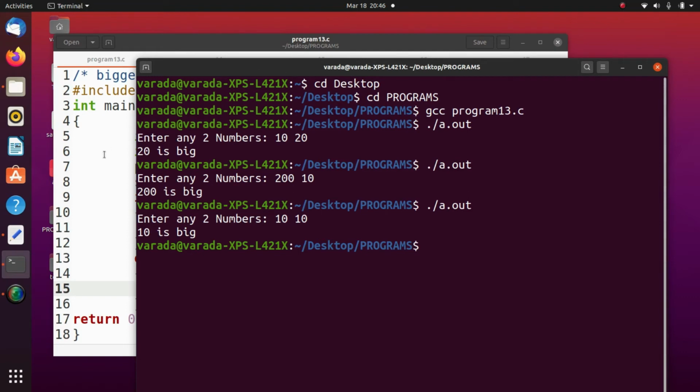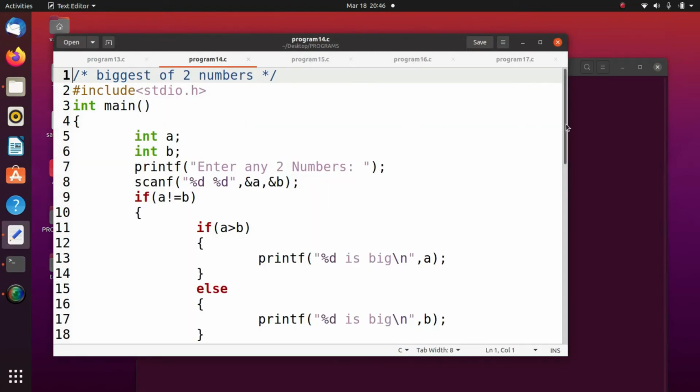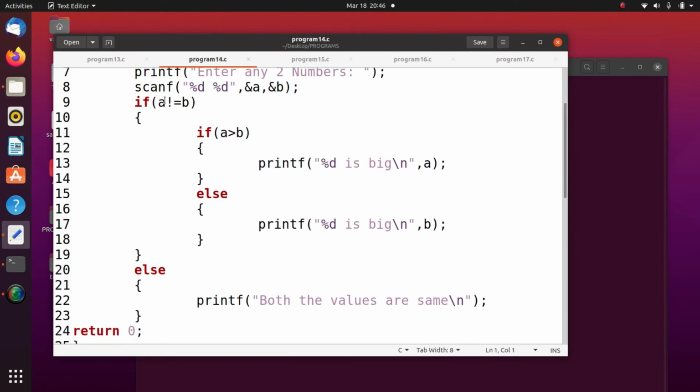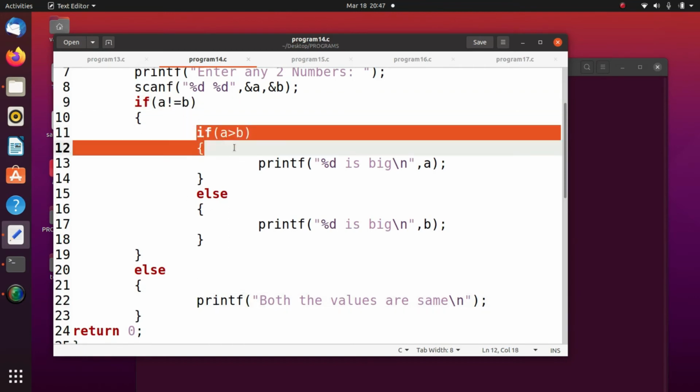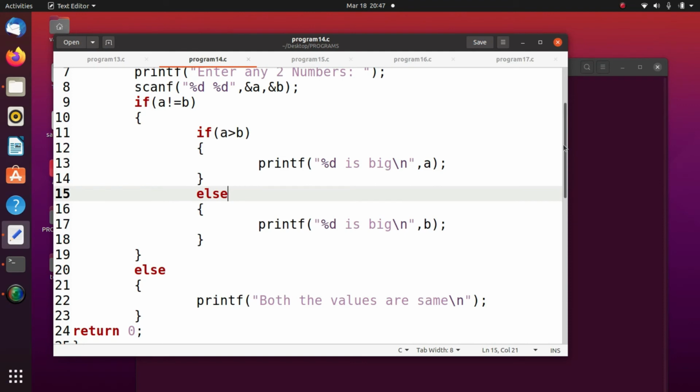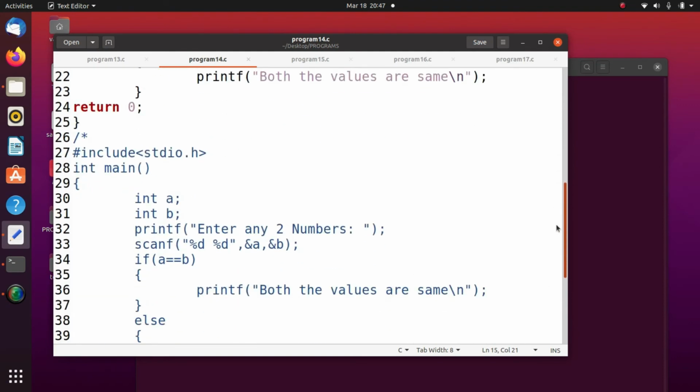So we see nested if. This is the nested if. Here we are going to use one condition. If this condition is false, you are going to execute this else block. Otherwise, in this if statement, you write another if else. This we call a nested if. The same program we can write with the help of else if also.